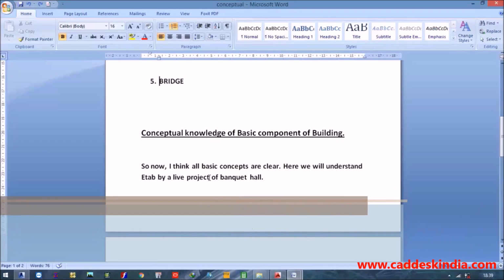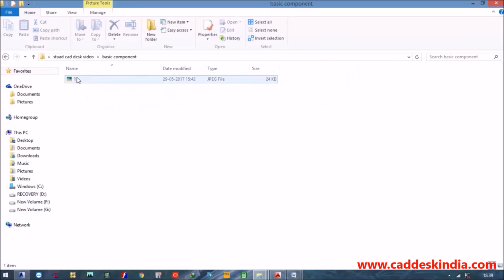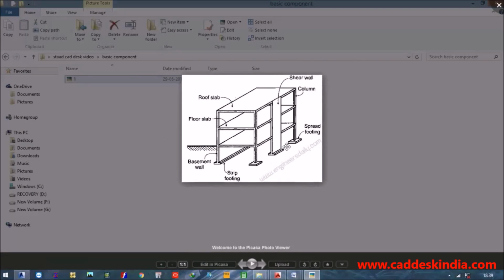So yes, I have one image. Here you can see this is my footing, and the vertical member is my column, and the horizontal member is my beams, and the panel is my slab. So the load transfer process is from slab to beam, and beam to column, and column to foundation, and foundation